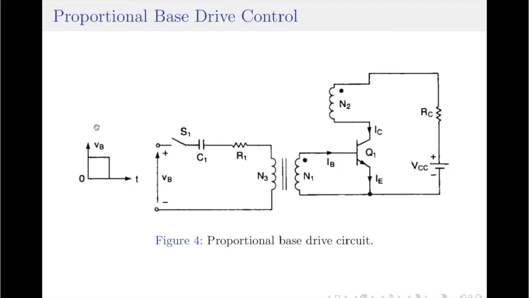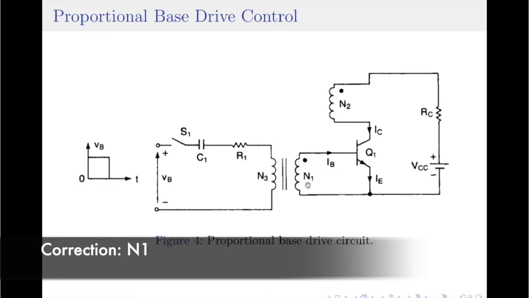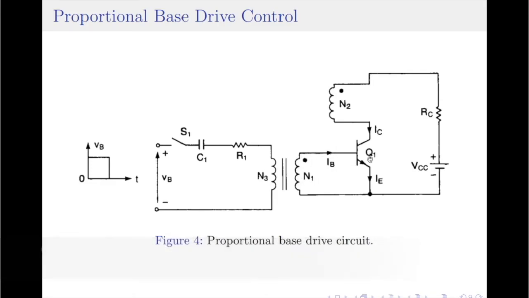Please note that this particular type of technique only uses a pulse drive control because of the transformers involved in the circuit. Since a transformer works on the principle of mutual induction, once there is a current introduced into N3, it will introduce a current into N2, which will drive the transistor Q1, which will generate current IC, that is the collector current. When the collector current starts to flow, that creates a current across the windings N2, which in turn will create a current across winding N3. This current is again passed to the winding N1 because of the transformer action.